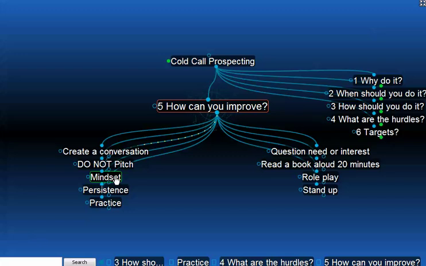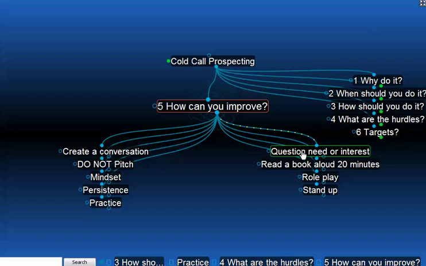At a bare minimum, you should be lifting that telephone for 2 hours a day. And from that, eventually, you should be getting 2 meetings per day. Beyond that, you've got your other work to do. That's how it works. So persistence does pay, and you need to practice. When you talk to someone, question their need or their interest in commercial, industrial, or retail property.